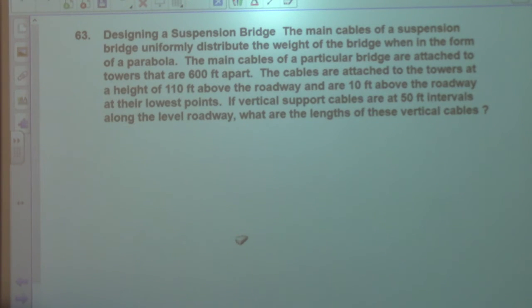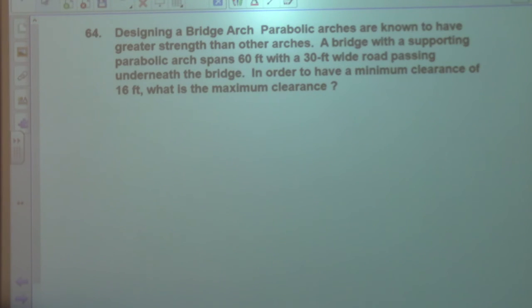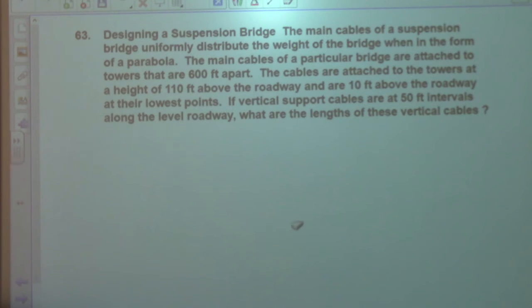so 63 and 64 are similar types of problems. So you have these suspension cables. So you got the main cables of the bridge are towers, connecting towers that are